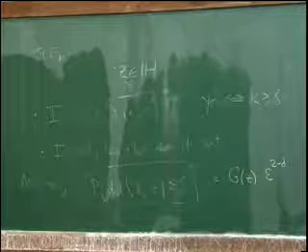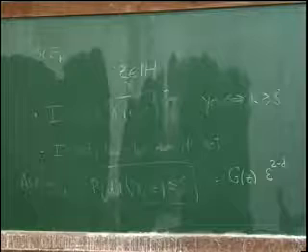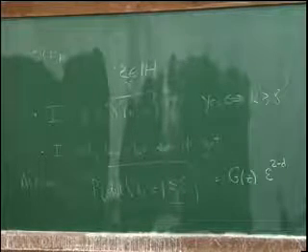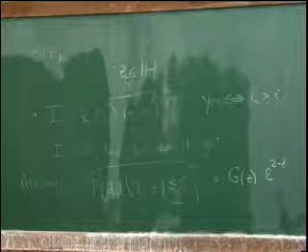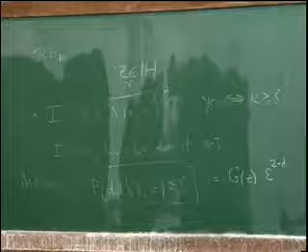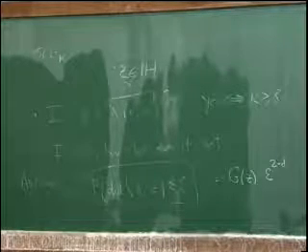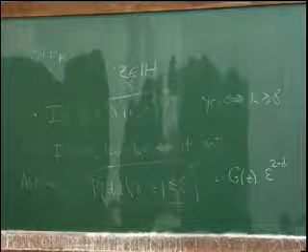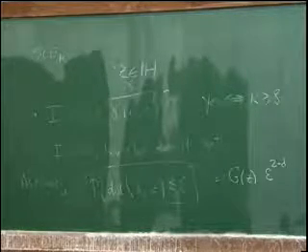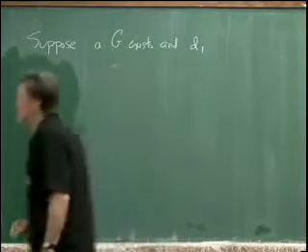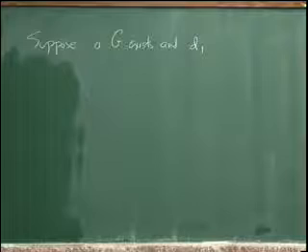Yesterday, I really didn't give too much perspective of where things were coming from. I'd like to show where things are coming from. So what we're going to do now is suppose such a function exists. So let's suppose a g exists and a d, so a g and a d, so that this is true, so that